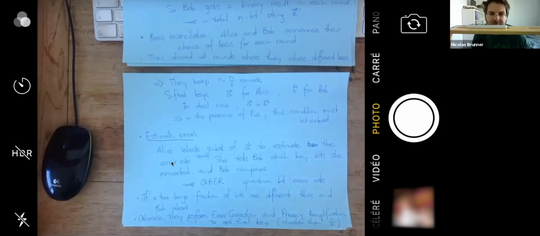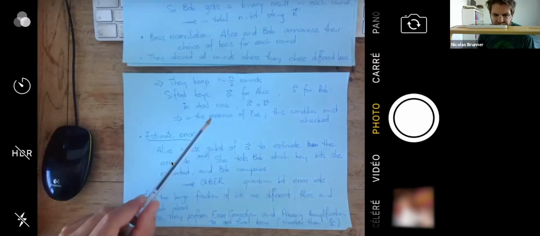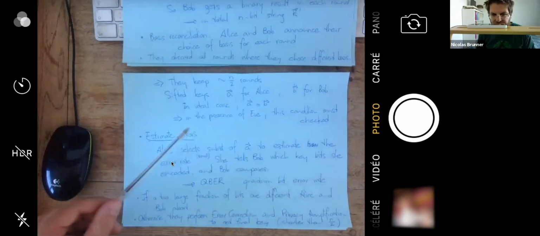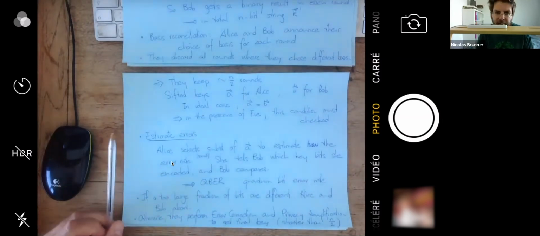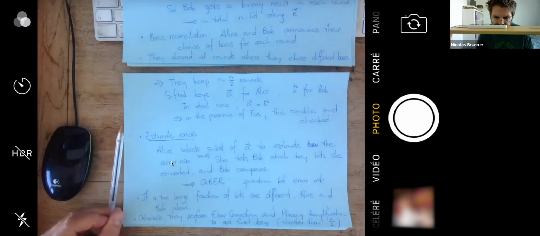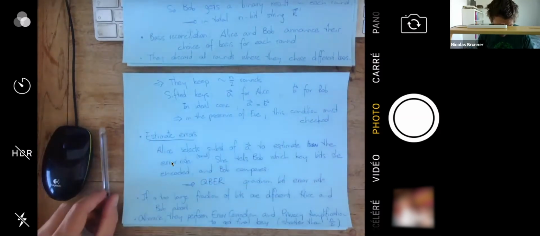But on the other hand, we don't care, because our goal is to have a final key that is perfectly secure. If we need a key of size 1 million or 10 million, well, then we just know how many rounds of quantum key distribution we have to make in the very beginning, how many qubits we have to exchange, because we know already what is going to be the shrinking factor typically.